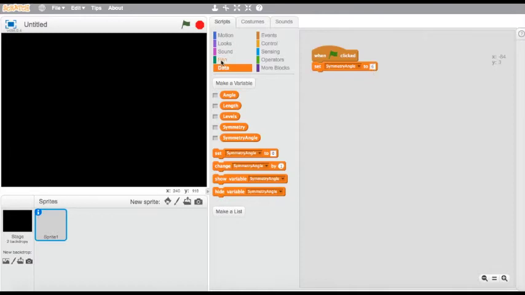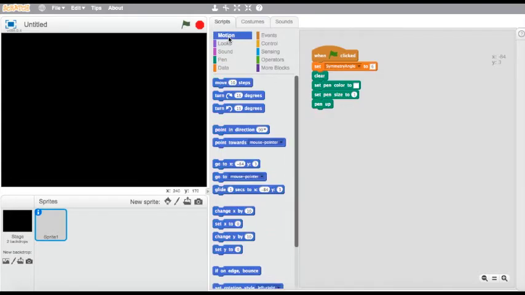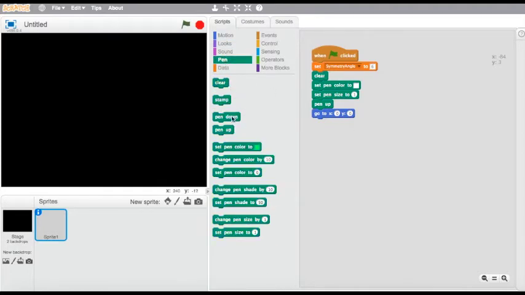Alright, so what we're going to do next is choose the pen, and we're going to clear, and then we'll set our pen color to white so that it is like snow. So just click on the box, and anywhere you can see the color white. And now I'm going to set my pen size to 1, so the very bottom one, drag that up, and then we'll do pen up. Now I need my motion to go to an X and a Y position of 0, which means it'll be directly at center stage. And then with my pen down,